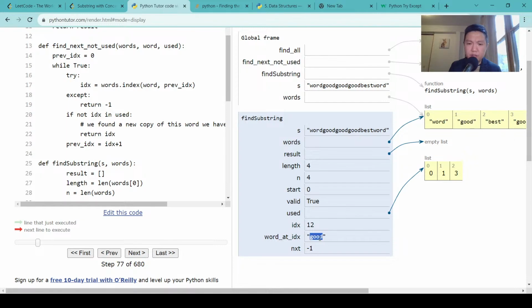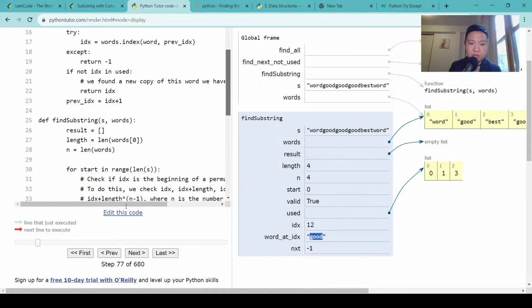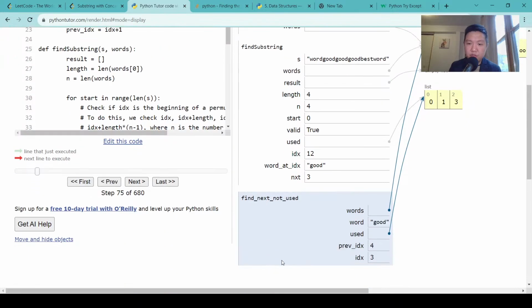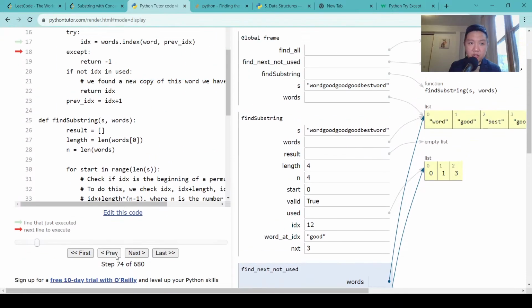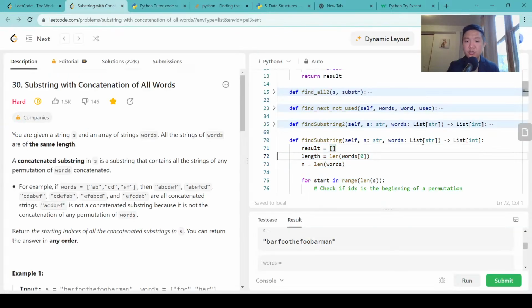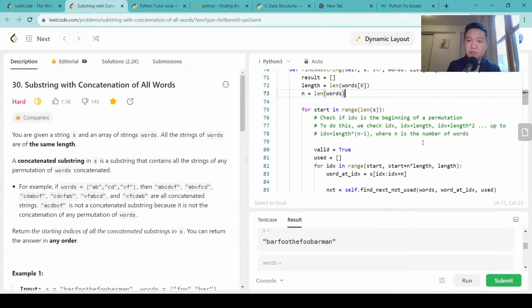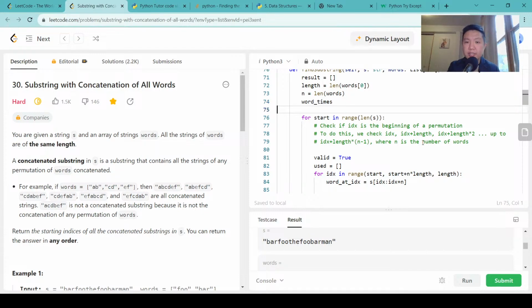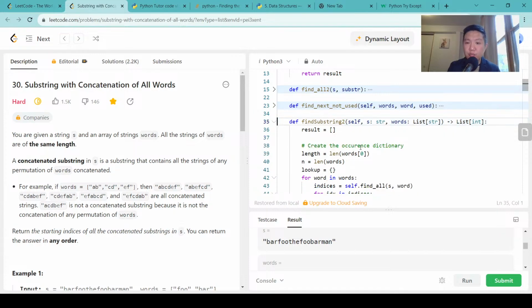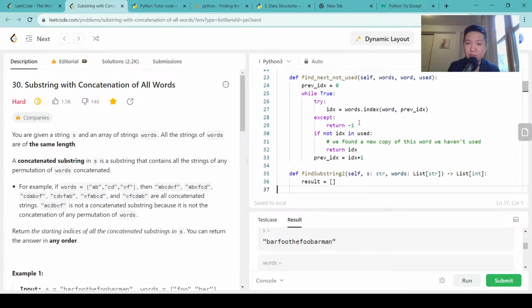Is good not in this list? How is good not in list? What's previous index is 4. Okay, you know what? I'm not going to debug this because I'm going to change the way we do things anyway. This good not in list, this thing is going to run super slow. Yeah, find next not used runs super slow